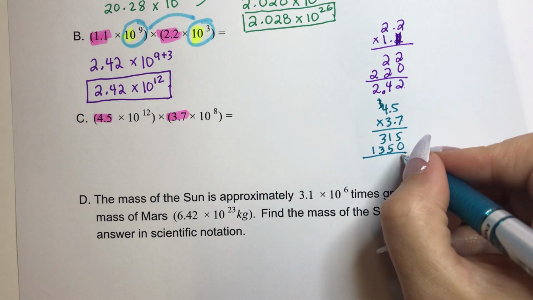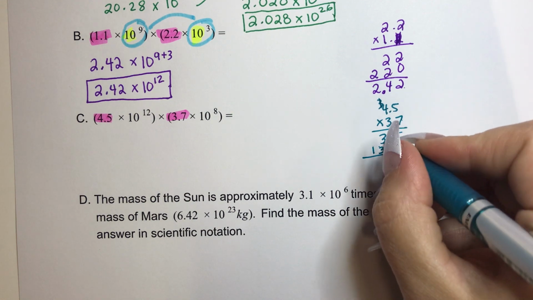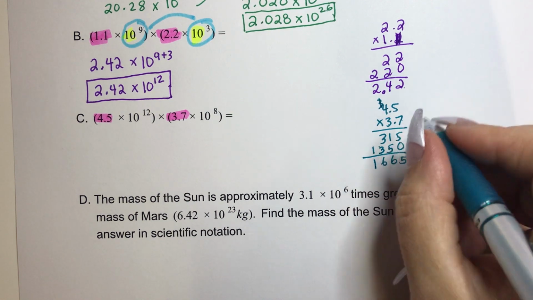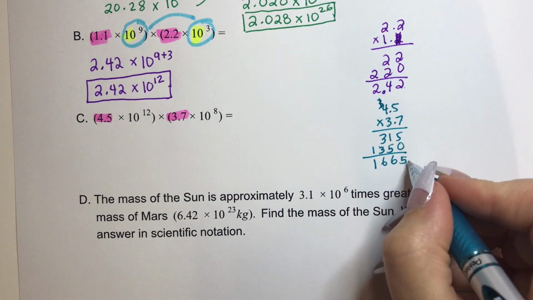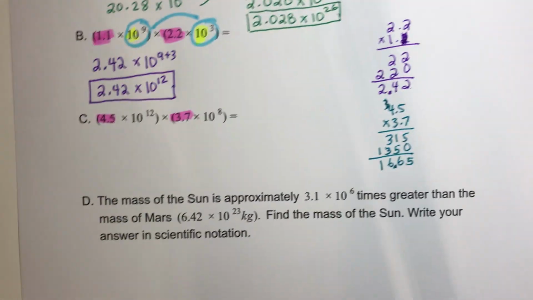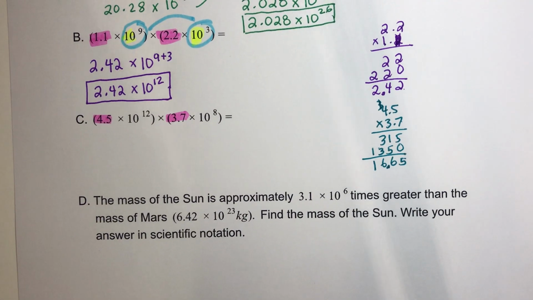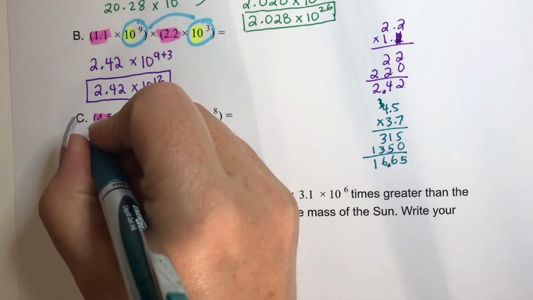And then we add 5 plus 0 is 5. 1 plus 5 is 6. 3 plus 3 is 6. And 1. And how many decimal places? 1, 2. So that means we have 2 decimal places here. Oops, sorry about that. Okay, so that ends up being